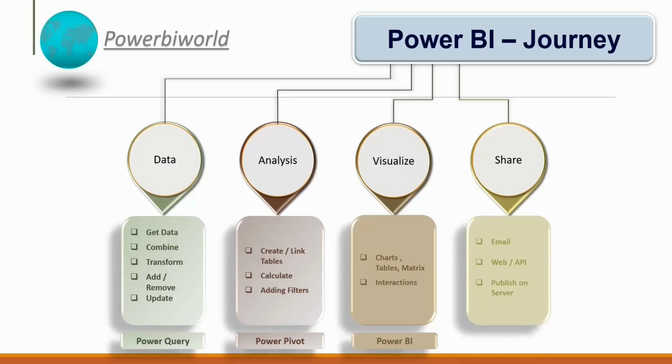We can also use machine learning algorithms here to create our visualizations and share with our colleagues. So this sharing of reports is basically known as Power BI online services. To share any report, we use Power BI services to publish it on a server or to share with our organization